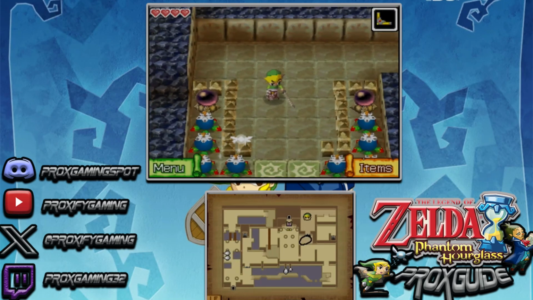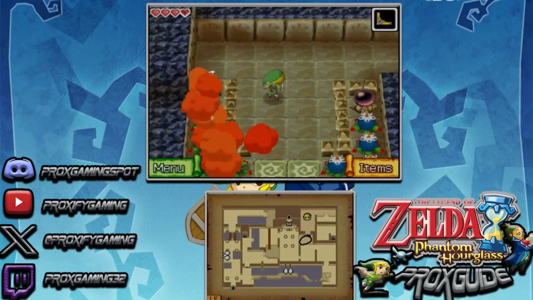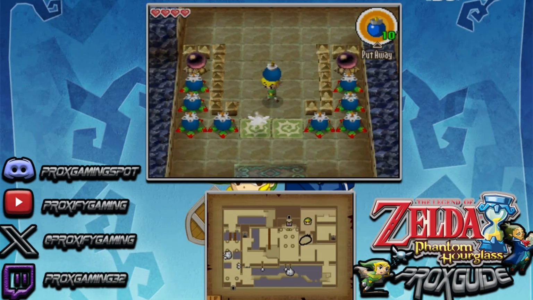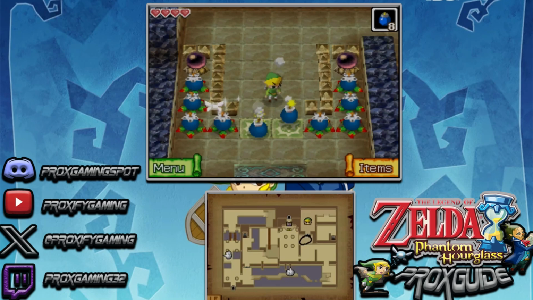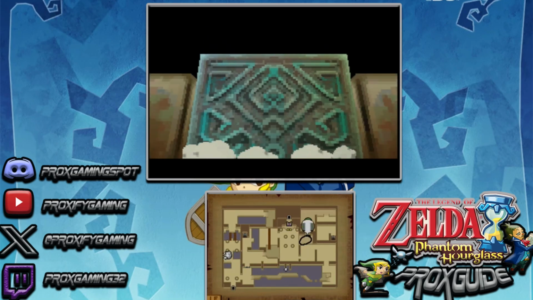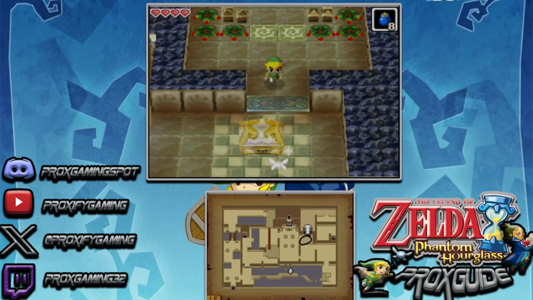So, yeah, unfortunately, the boomerang is not really going to work. It can only work on one type of spot. So we are going to have to throw one bomb over there, another bomb over there, and there we go. Door is now opened. And just like that, we should at least have